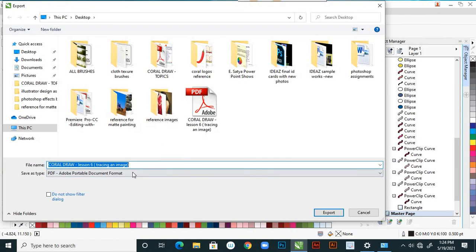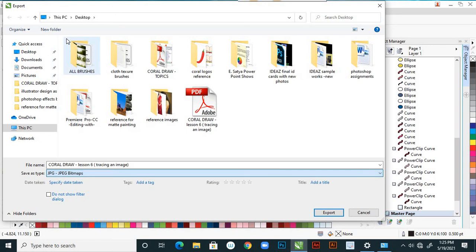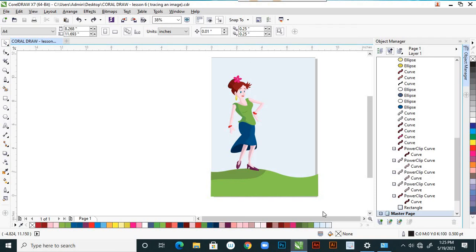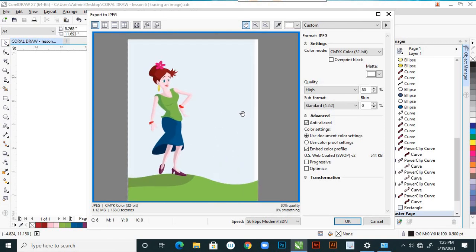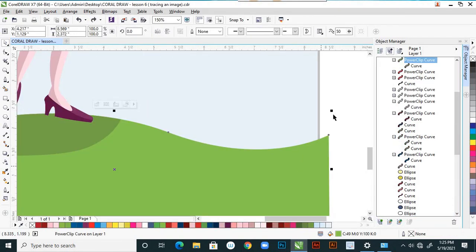export as JPEG, JPG, right? Export and see there your image in preview. See, it is still not saved properly. So that means what? So this one, this you can move inside,